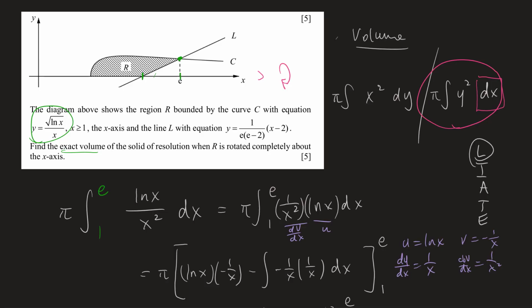To find this value here, sub e into your equation. So y value would be square root ln e, which is 1, square root 1 over e. So 1 over e. What about here? Here is just the x-intercept of this line, this equation here. So sub in y equals to 0, you'll get x equals to 2. So the volume would be